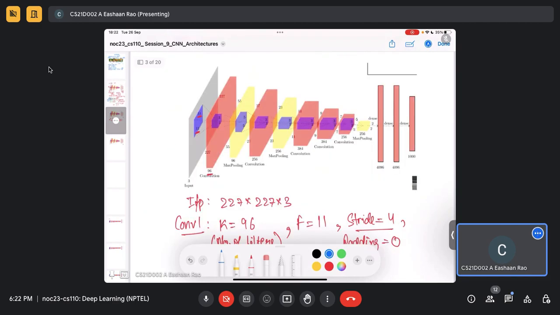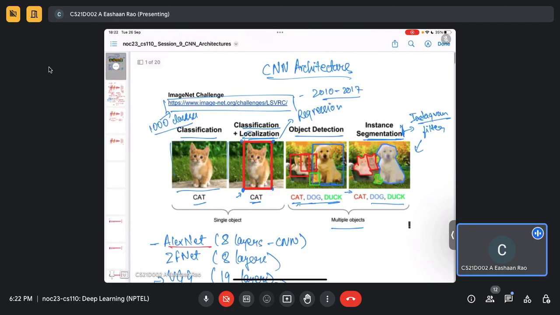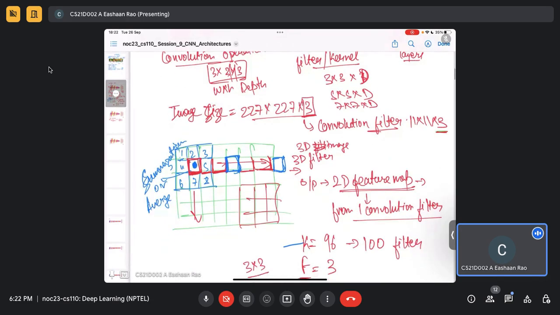And padding means, when I'm using a filter, I have to fit this filter properly in the image. If I apply this 3 cross 3 filter highlighted by blue onto this image, I'm not able to process these pixels. Let me highlight with black right now. This pixel, 1 2 3 4 5 6, the highlighted one, will not be processed,